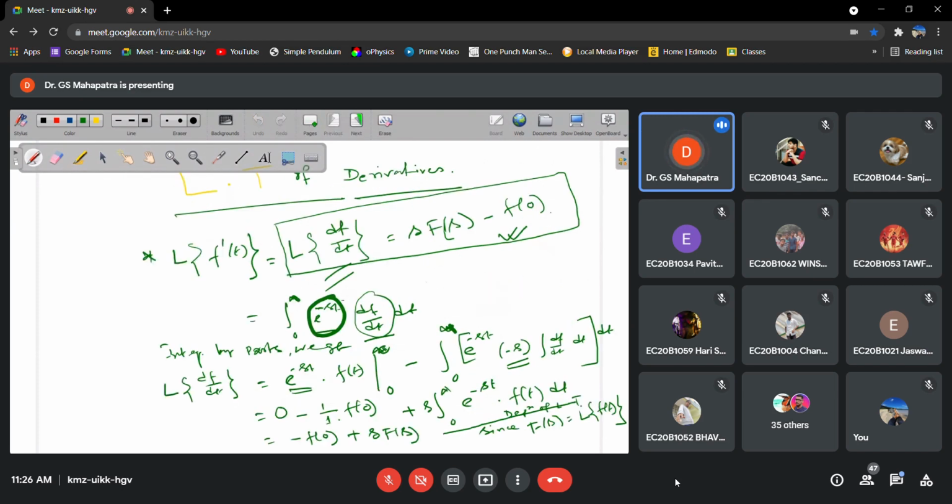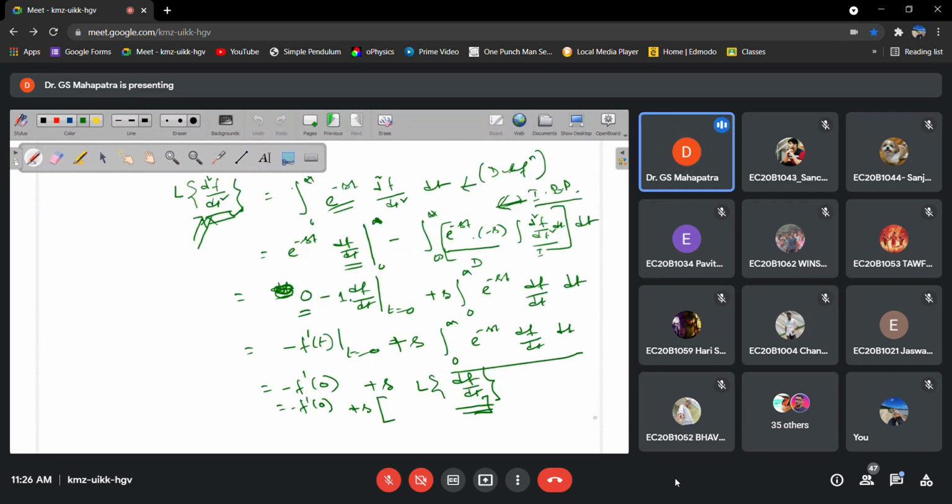Okay, let's see this one, the box one. s into F of s minus f naught. Now go to the next page. So s into, okay, s into s F of s minus f naught. Correct. So now if you multiply and simplify it, we will get s into s square F of